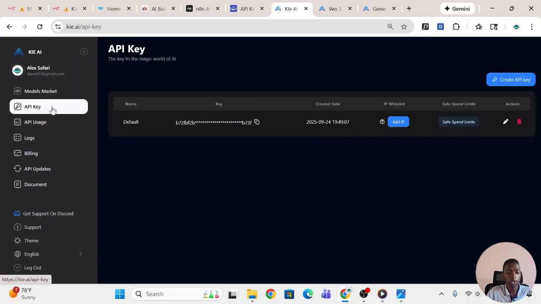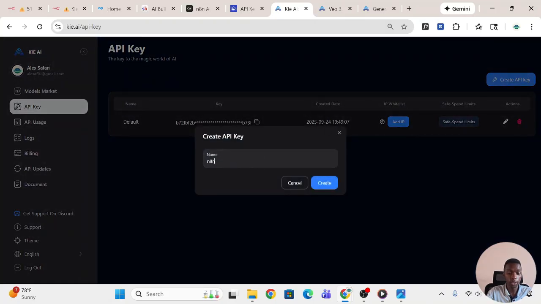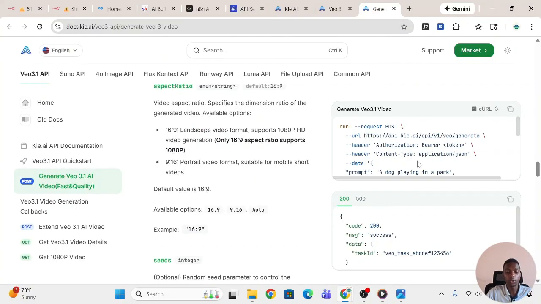Here's where you're going to grab your API key. So you'll click create API key, name your API key, then click create, copy the API key that you get,